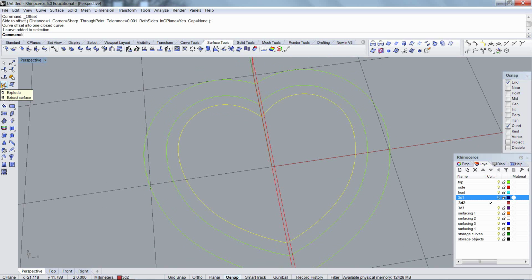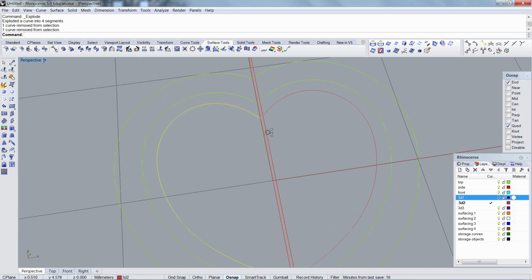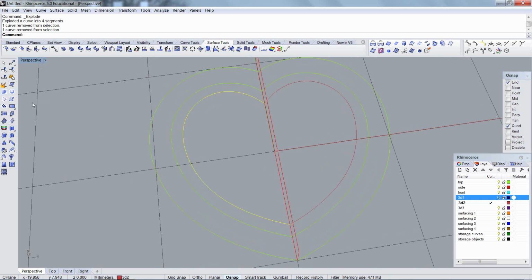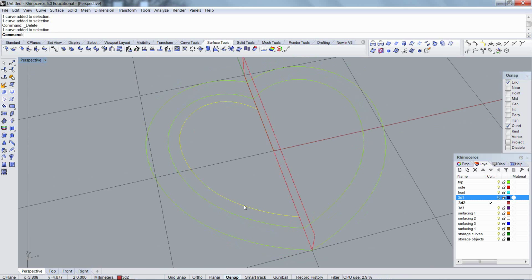I only want two. I want a poly curve, but I want it only made of two curves, left and right. See, it's given me 4. So offsets will often do that. Okay, so I'm going to join those two pieces together. Throw this part away,